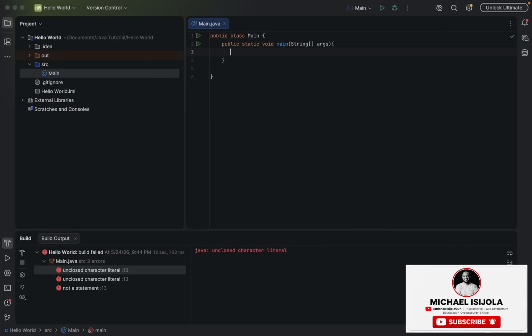Operators are basically symbols that are used to perform operations on values and variables. Examples are adding numbers, comparing values, checking conditions. Think of operators as the tools that help your program to do work, basically. So to start with, we're going to start with the arithmetic operators, which are the addition operators. I will be showing you in the code an example of what it really means, and I'll dive into the